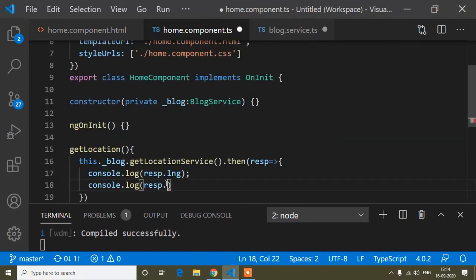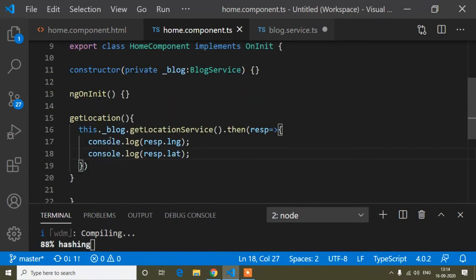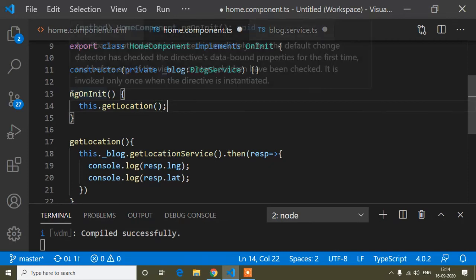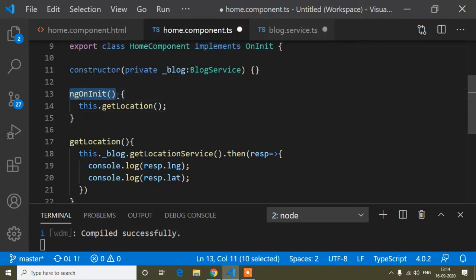And now if you want to call this function on load of the page, just copy this get location function and pass it in ngOnInit. So this.getLocation. Why ngOnInit? Because ngOnInit is called when our page is reloaded.